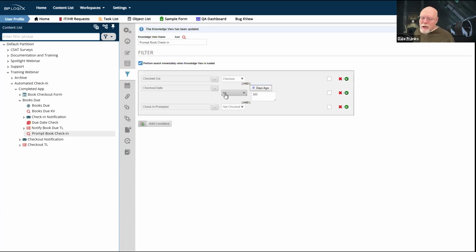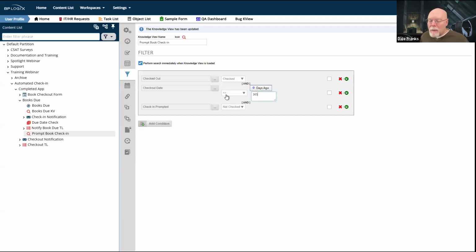So using days ago is great. I love it, but you have to remember it's returning a fixed date value. It is not looking back over a 365-day time span to see whether your date falls into that time span. It's asking whether your date is earlier than or later than whatever the date was 365 days ago.